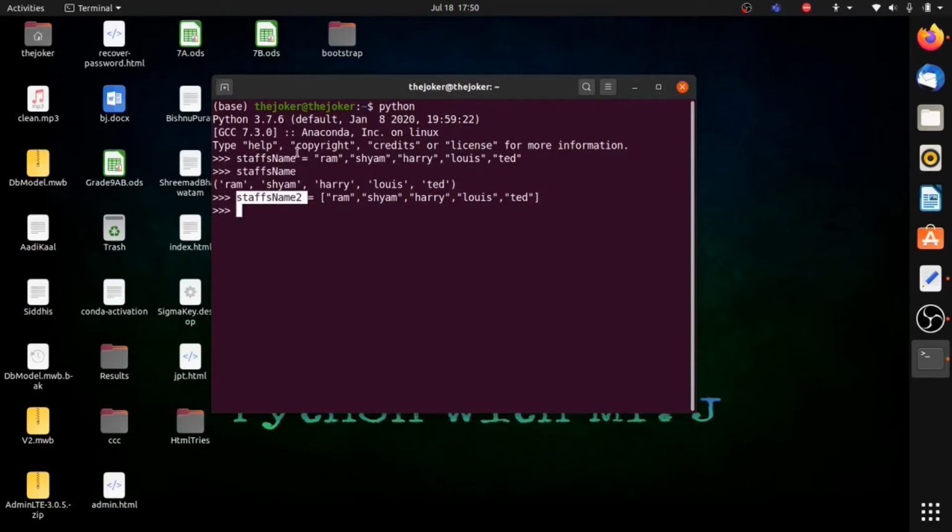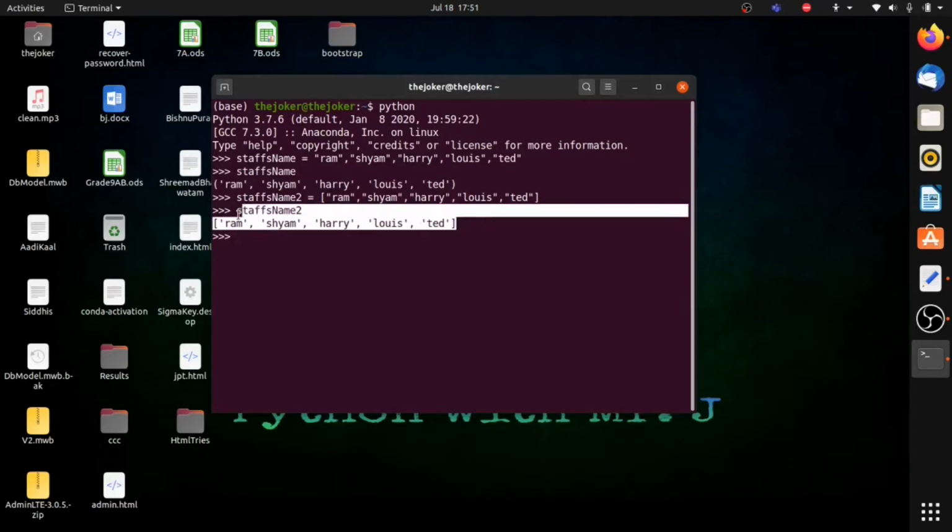Now we have made 2 variables. The first one is staff's name and the second one is staff name 2. Now checking the values in staff name 2, the variable number 2, we get this output. See the difference?